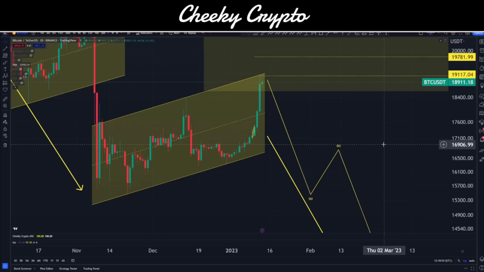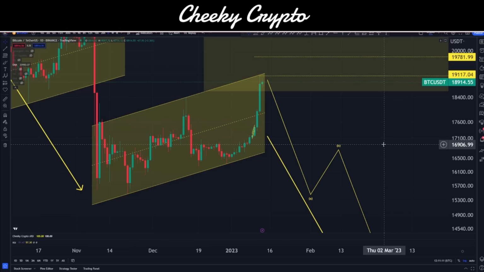Okay, let's take a look here. Right, we've got Bitcoin paired up with USDT. This is actually our daily chart, and I want to start here before we go down into the smaller time frames just to give you a bit of a picture as to kind of what is going on. We are using Binance as our data source, so if you wanted to replicate the chart, that's the main set of data that you're looking for.